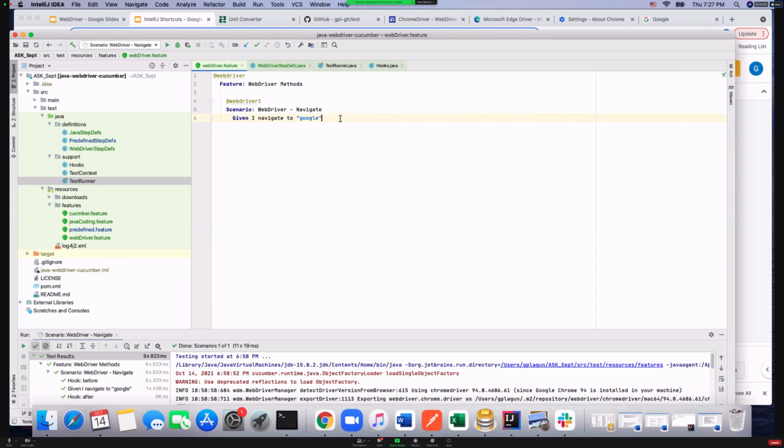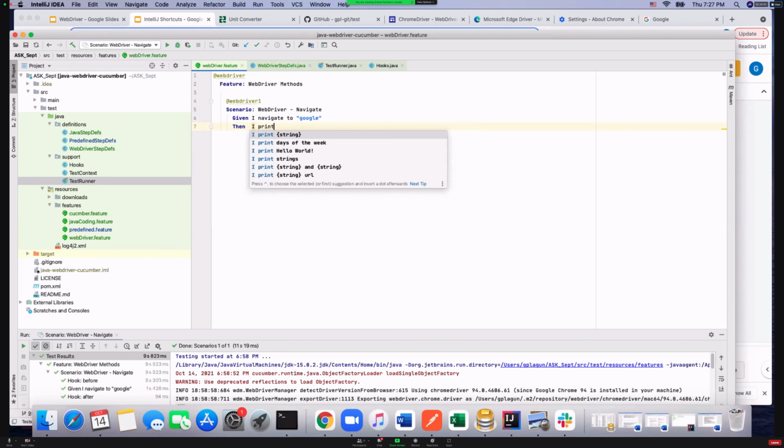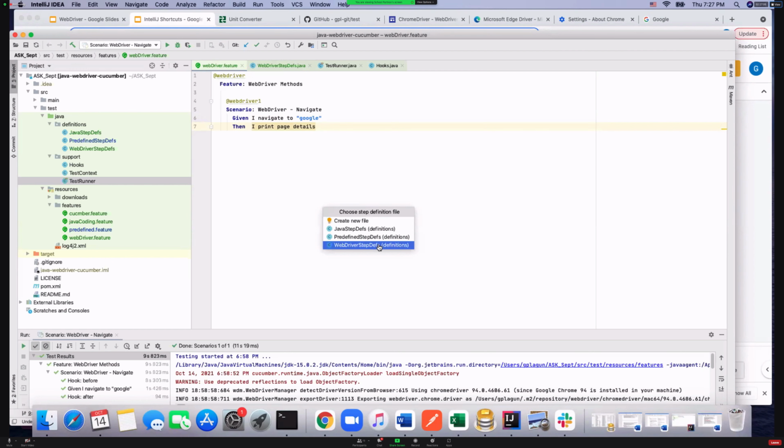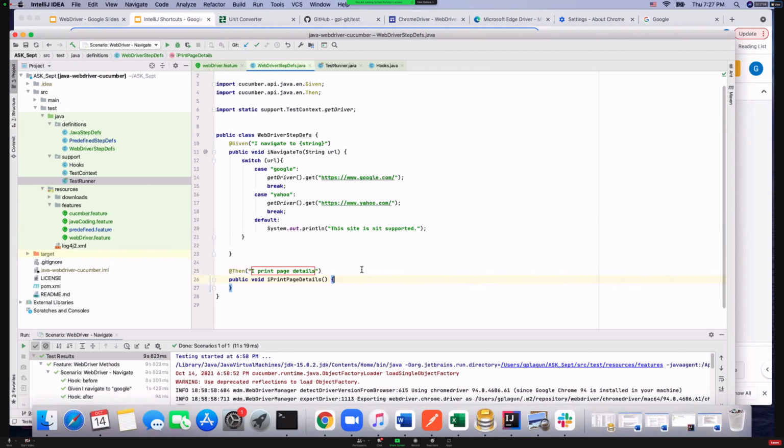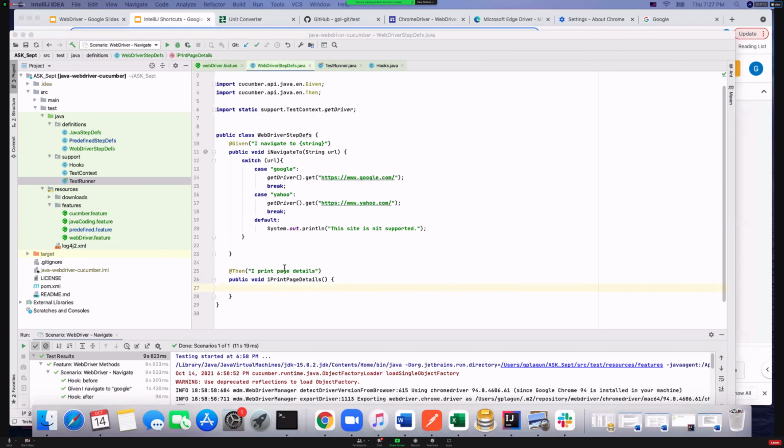Now we can create a new step. Then, okay, I print page details. And we don't have such a step yet. We will add it to our step definition, WebDriver definitions. And in this step, we can